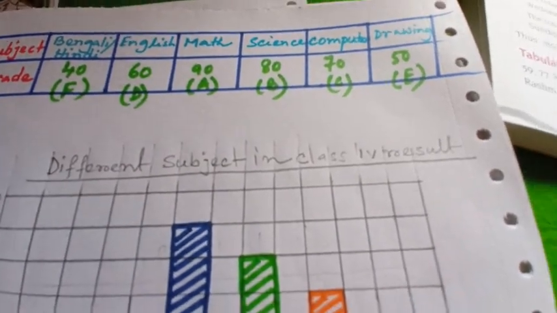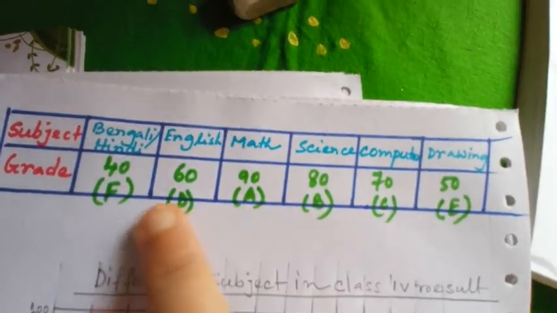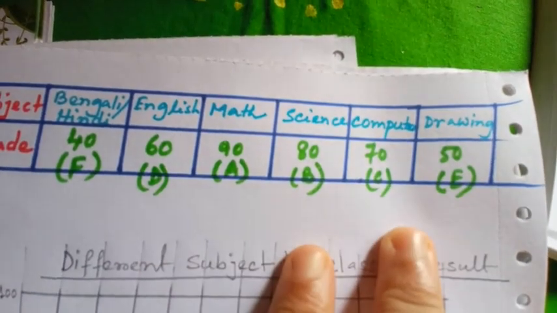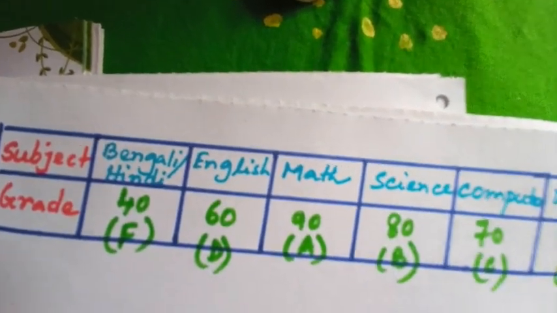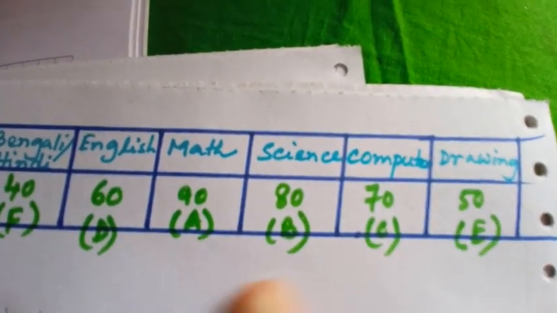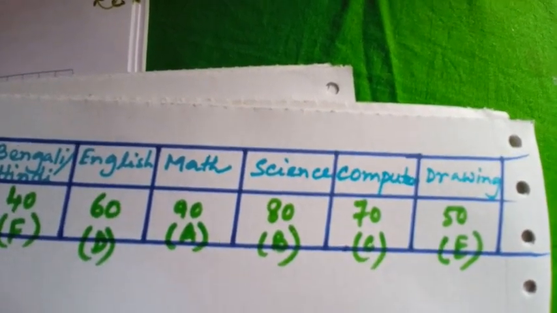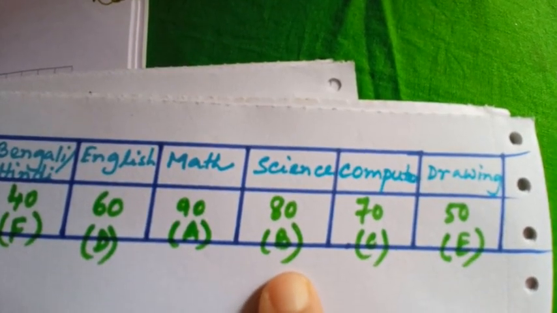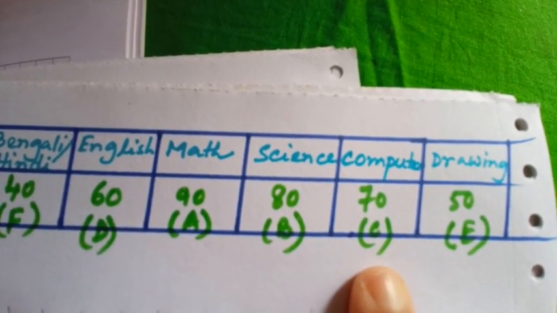I have taken six subjects: Bengali or alternative Hindi, English, math, science, computer, and drawing. So this is the subject and grade. Now, in math, whoever got 90 or above, I put as A grade, and B is 80 or above,